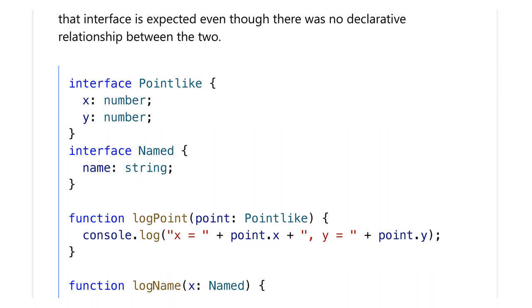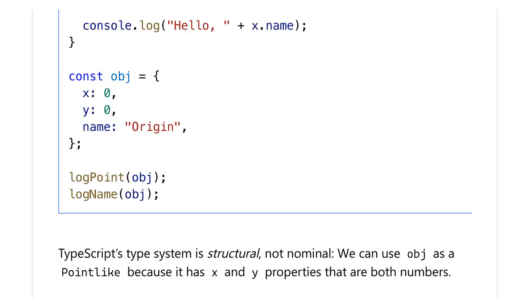interface PointLike { x: number; y: number } interface Named { name: string } function logPoint(point: PointLike) { console.log("x = " + point.x + " y = " + point.y) } function logName(x: Named) { console.log("Hello " + x.name) } const obj = { x: 0, y: 0, name: "origin" }; logPoint(obj); logName(obj);